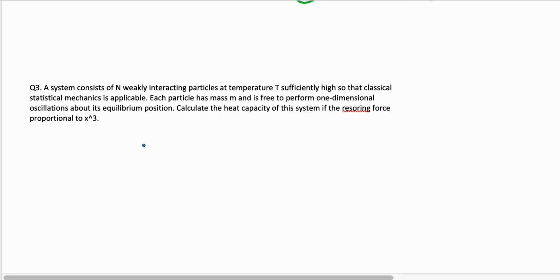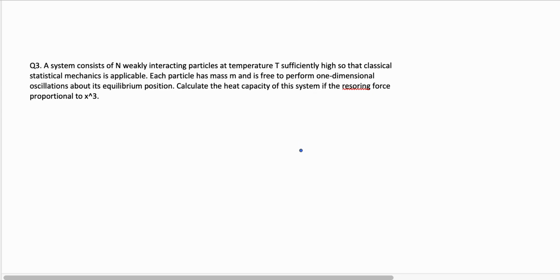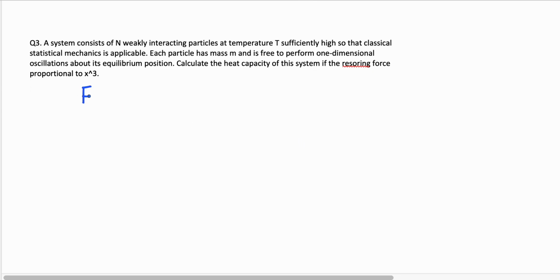A system consists of N weakly interacting particles at temperature T sufficiently high so that classical statistical mechanics is applicable. Each particle has mass m and is free to perform one-dimensional oscillation about its equilibrium position. Calculate the heat capacity of the system if the restoring force is proportional to x cubed. The restoring force F is proportional to minus x cubed, since it is restoring, it should be minus